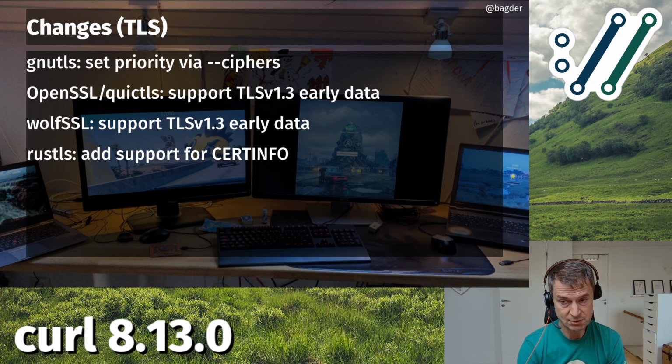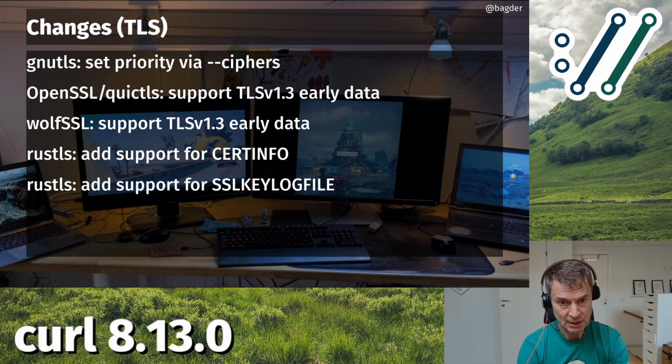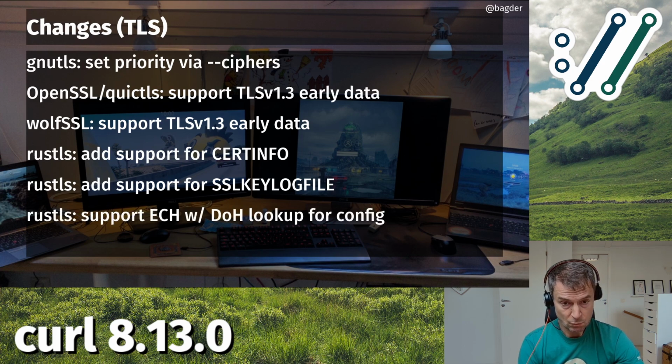We added support for the cert info option, which is getting certificate data back after the handshake. And there's now support for the SSL keylog file, which is a good way to export TLS key secrets, so that you can, for example, use Wireshark to capture your traffic and still read it. There is support for ECH and DoH lookup, the entire thing for ECH, basically getting the secrets from using the HTTPS RR